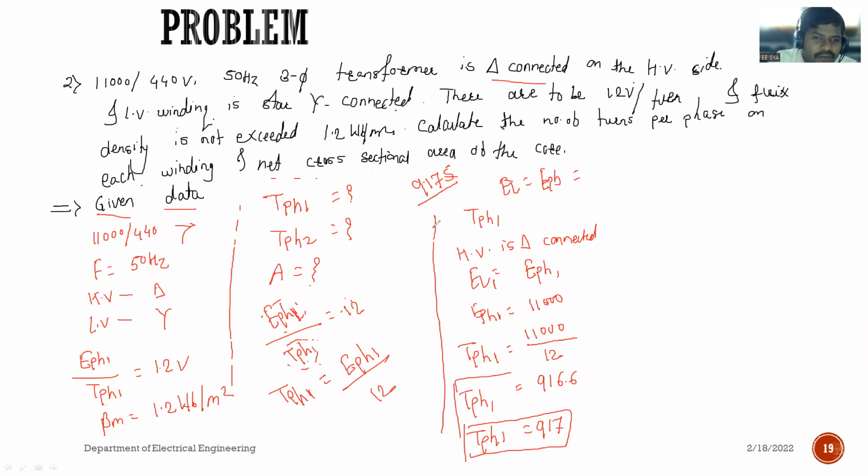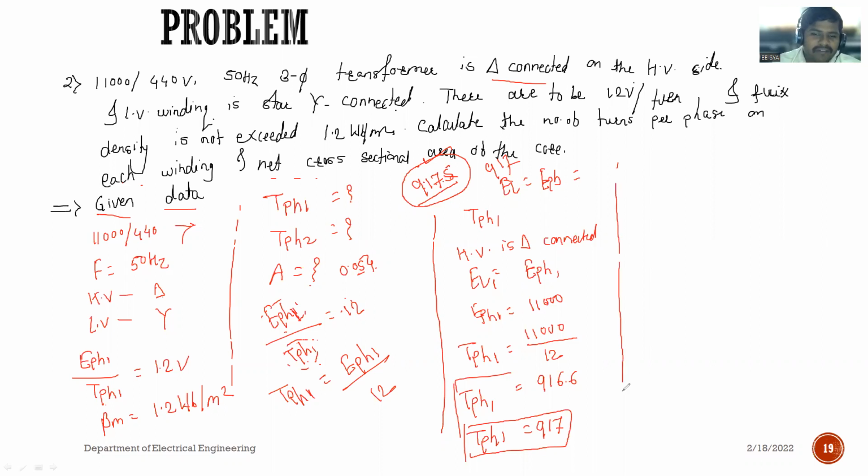If we are going this way, that means calculating the area first and then calculating, then also it is equal. इथं 917.5 येईल. So we can write 917 because I think you have made a mistake in 0.054. Instead of writing 0.05, you have written 0.005, so that it becomes more. So this is the value of TPH1.